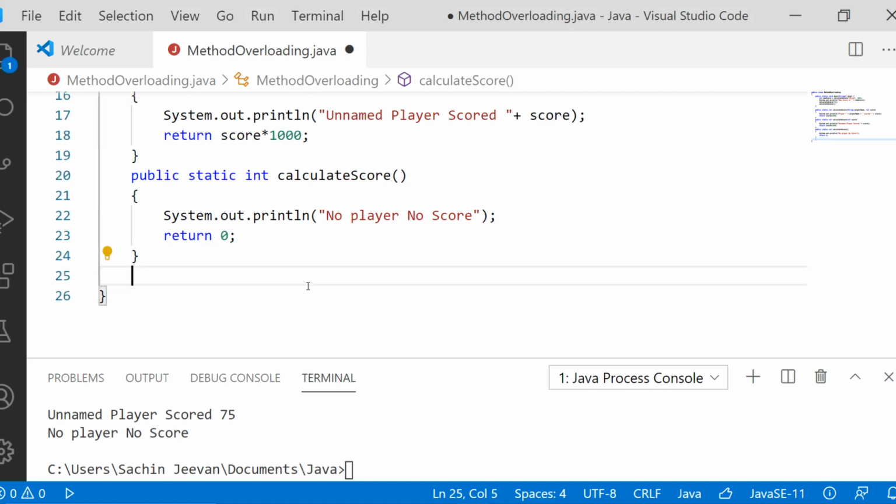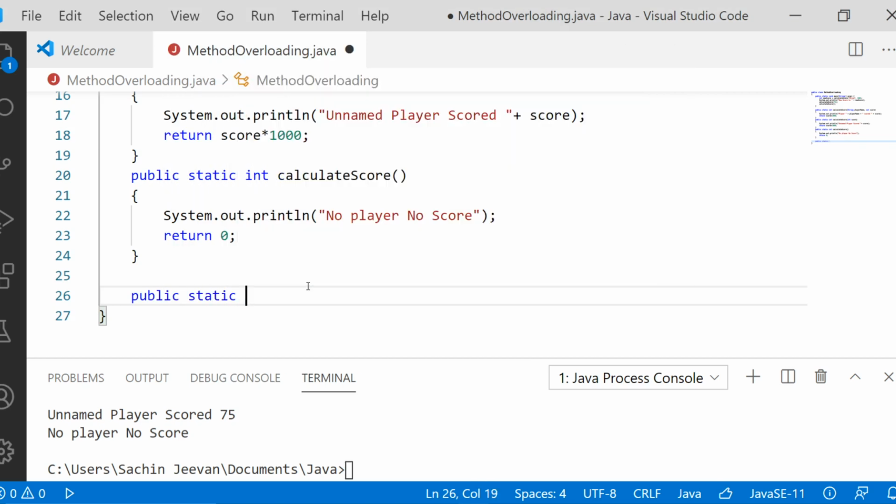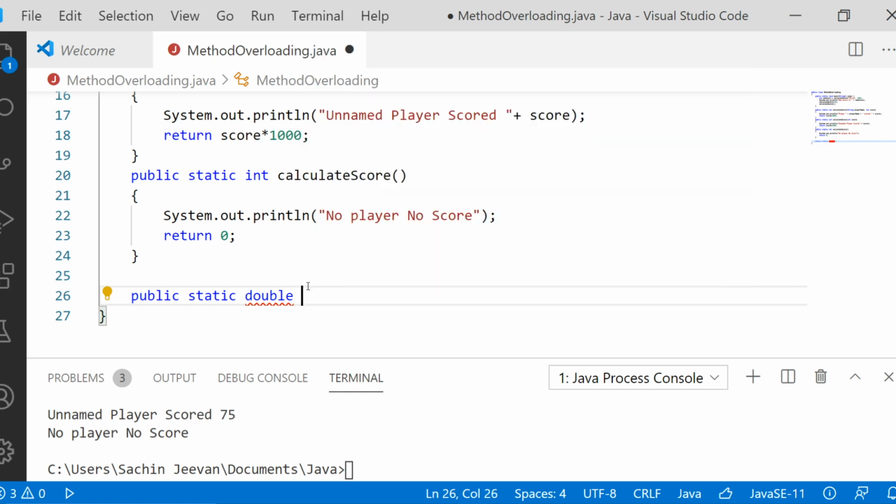Okay, fine. So we can just start writing a function: public static. The return type is going to be double, because feet and inches are double, and centimeter we will also be calculating in double. So centimeter, which we have to return, is going to be double. And the name of the function is going to be calci feet and inches to centimeters.